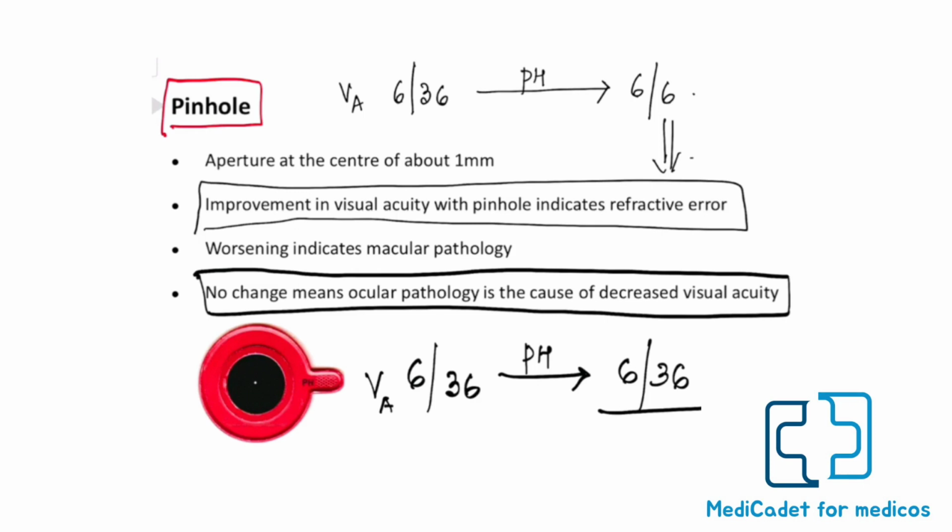So when there is a patient whose visual acuity is less, you put a pinhole. If the visual acuity improves with pinhole, you have a simple diagnosis in hand. It means that it's a refractive error which needs to be corrected. But if it doesn't improve, that means that it's not a refractive error. There is some organic pathology. It may be a cataract, it may be something else. But that means that the pathology is an organic pathology. It's not a refractive error. Okay, so this actually completes our visual acuity assessment,